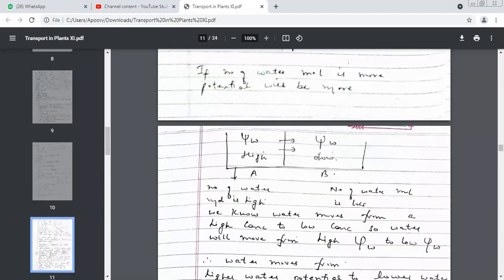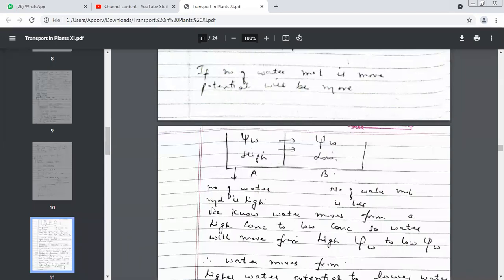See, I tried to explain this. There is a container. Here the number of water molecules is high. So xi w will be high or it will be low? High. Here the number of water molecules is less. So what will be the xi w value? High or low? Low. So what I'm trying to tell you, if the number of water molecules is more, xi w will also